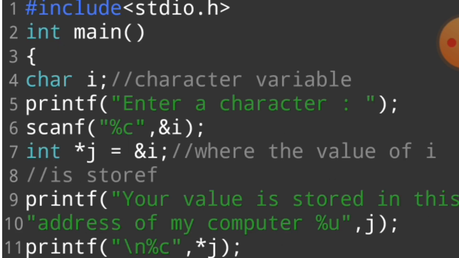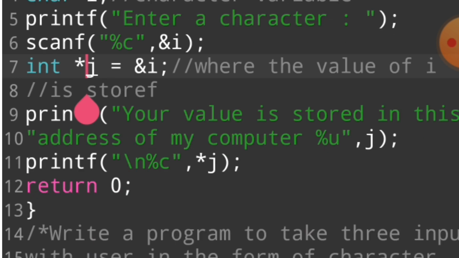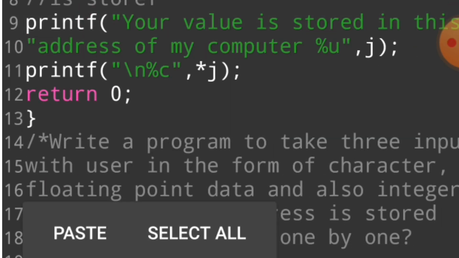In the previous video we were talking about what is ampersand, what is address, what is pointer. In this video we are talking about pointers to pointers. I hope you understood the previous topic very well. So we were talking about what is pointer to pointer. First of all, why do we declare a pointer?